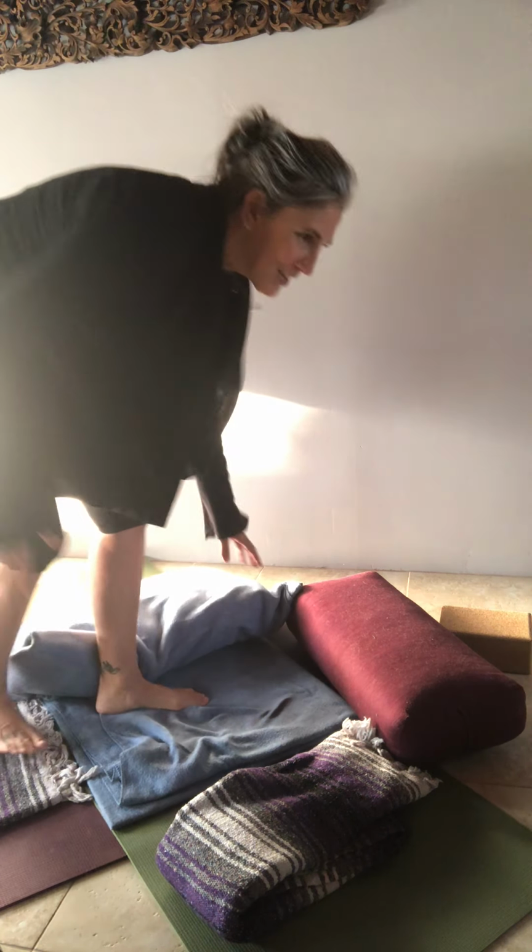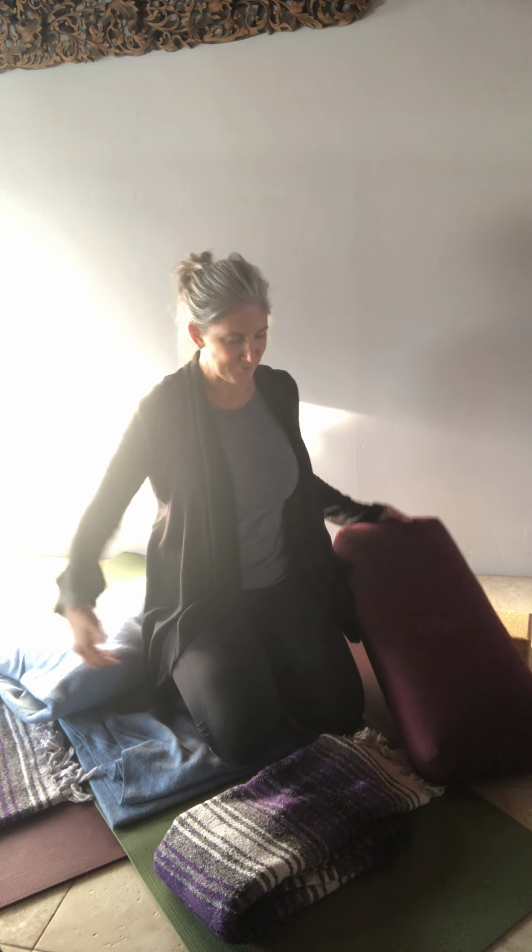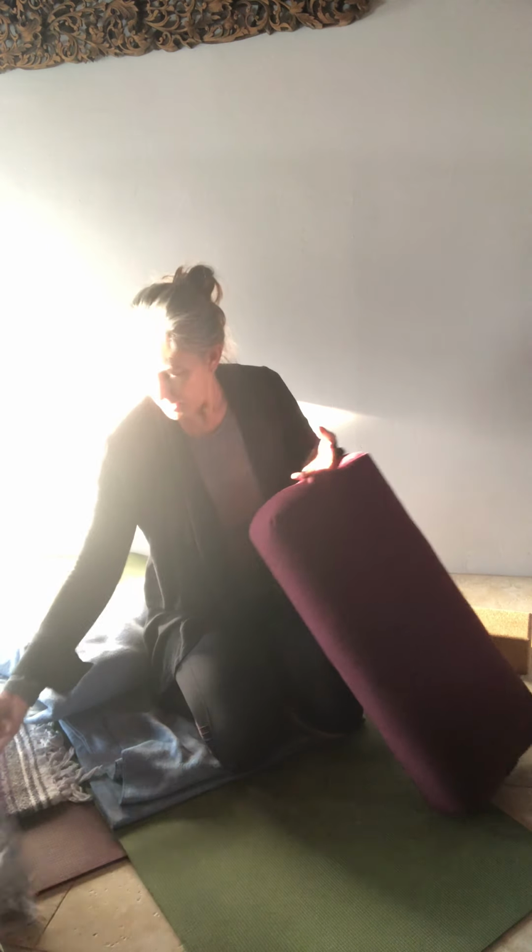Hi, a little extra tutorial for some prone positions with the sun setting here on my right, your left. So prone child's pose. I took a couple of different layers here, and so the blocks itself should have a gap between